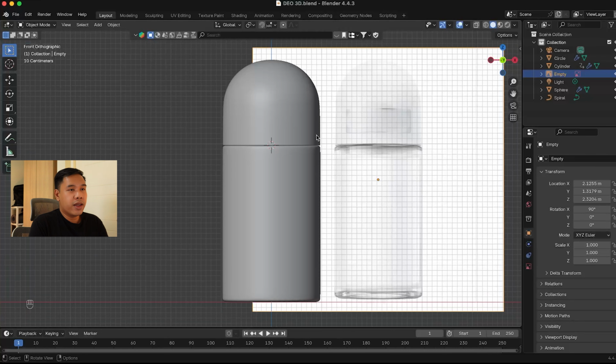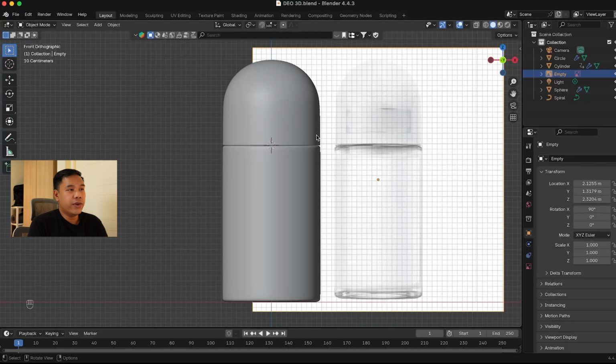What happens with those who are just starting out with Blender is they get really intimidated. What you can do is start with something simple, start with something small, and then as you go along, as you create more models, you try to increase the difficulty so you can achieve more complex models on your next renders. So we're now ready to move forward to the next step, which is adding materials to this